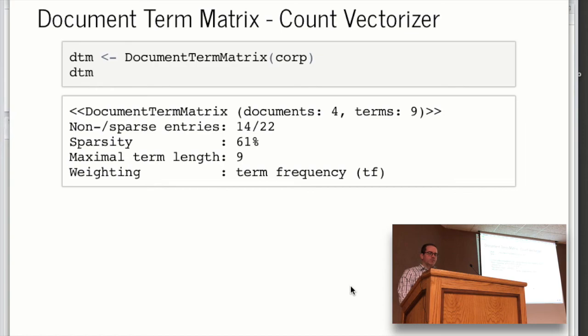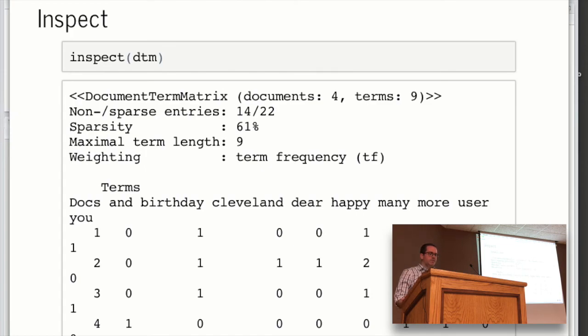Okay, so that's what we were seeing when we just put out the document term matrix to the terminal. But if we inspect it, we see the structure: each document is a row, and you see the word as the column names and the count there. You probably said, what does sparsity mean? Underneath, it's using a sparse matrix, optimized for sparse data where most of it is going to be zeros, and so that's telling you the percentage of the data that is populated.